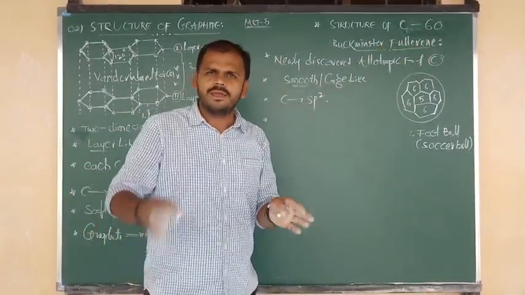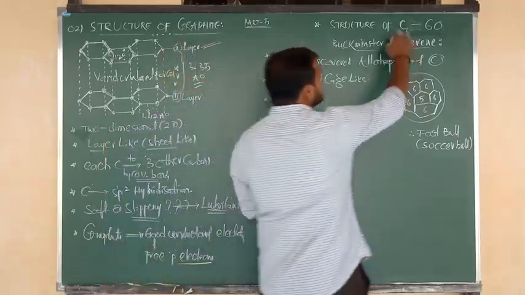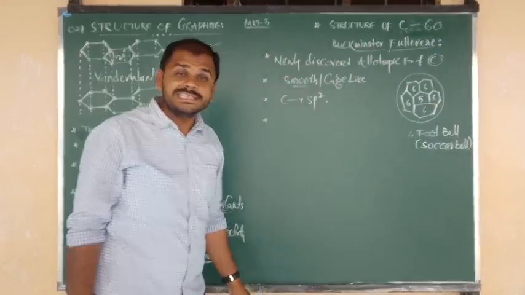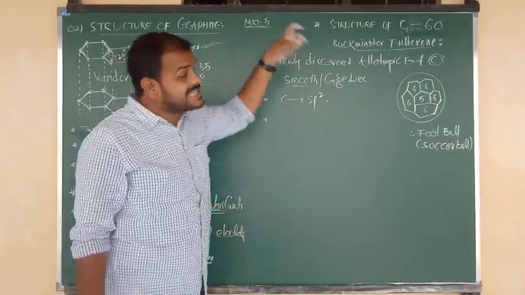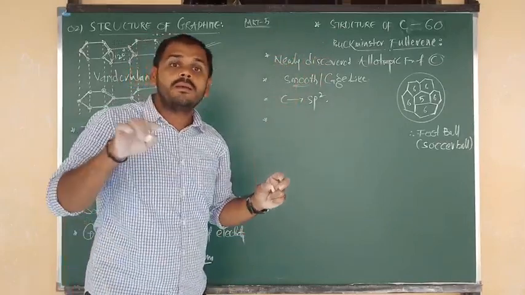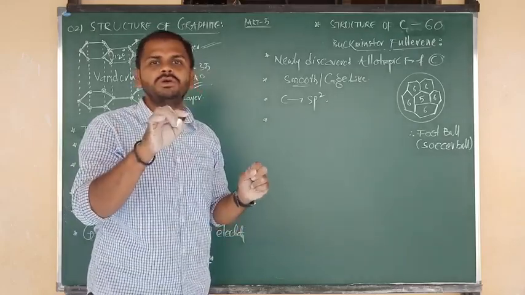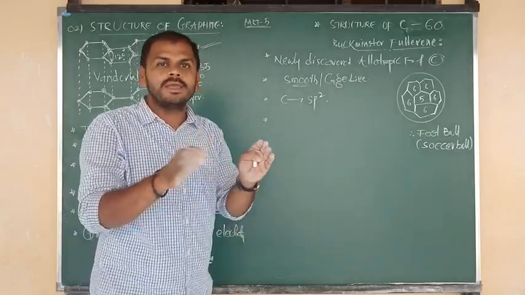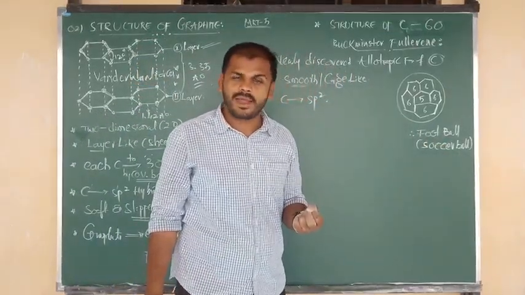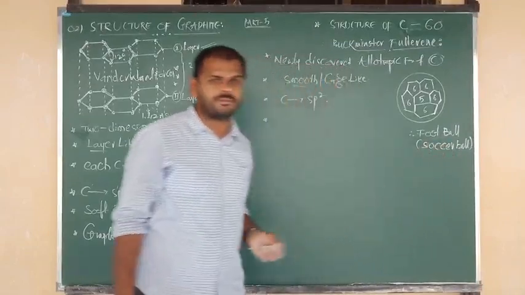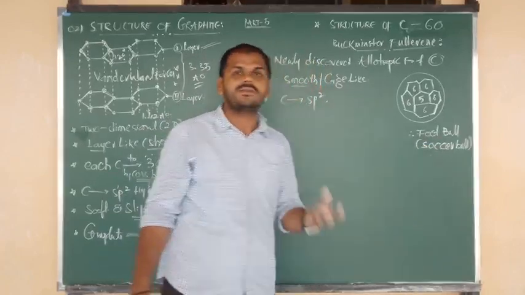Different types of fullerenes are there, C60 and C70 like that. But as per syllabus, we have to focus only on C60 fullerene. C60 fullerene means in that C60 molecule, the number of carbons is 60. All those 60 carbons are arranged in a particular shape. The shape is nothing but what? Football shape, and also we can say soccer ball shape. So what is the shape of C60 fullerene? Soccer ball, and also we can say football.